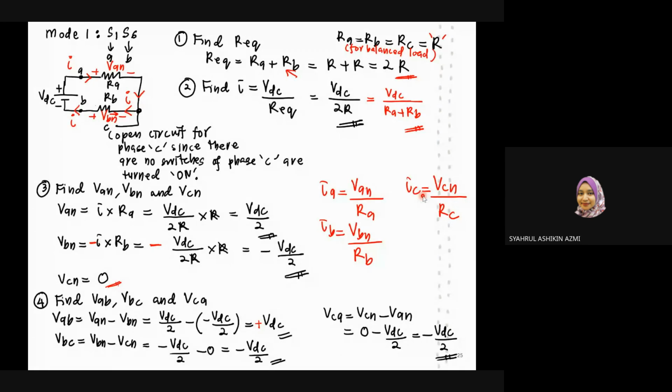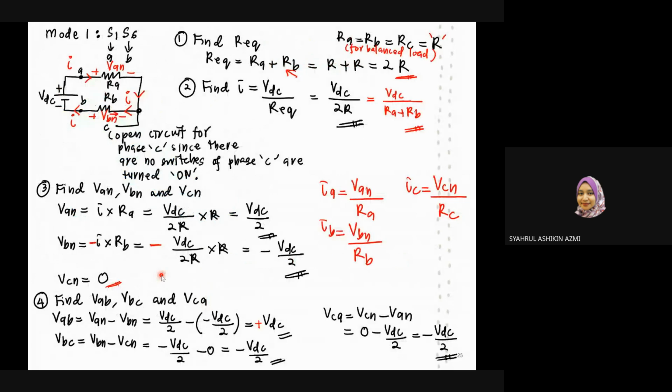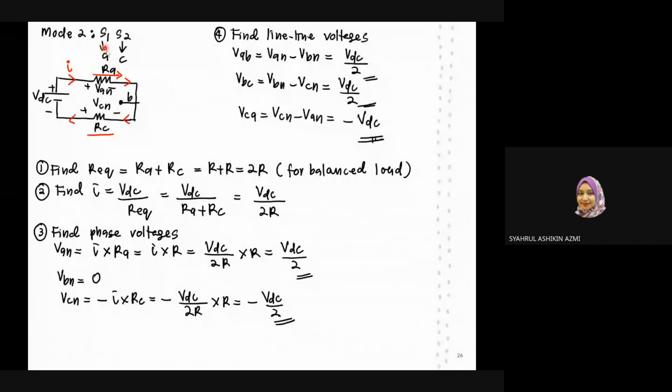So once you have done all this, you can move to the next mode. For mode number 2, the switches that are turned on, you can refer back to here, which is S1 and S2. S1 is the upper switch for phase A, S2 is the bottom switch for phase C. Again, if let's say that you don't recall the numbering, in order to figure out which switch is connected to which,